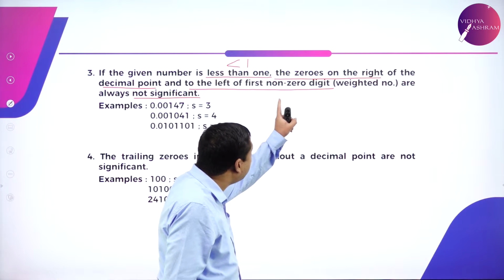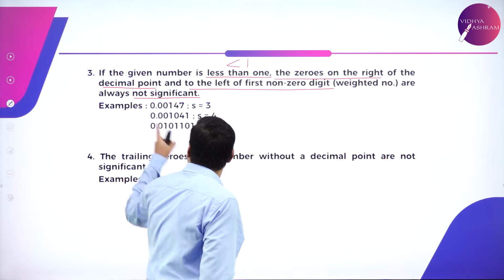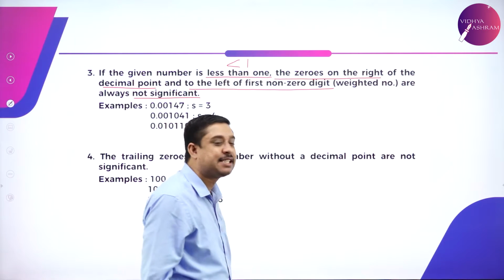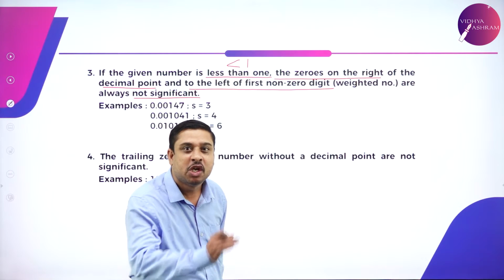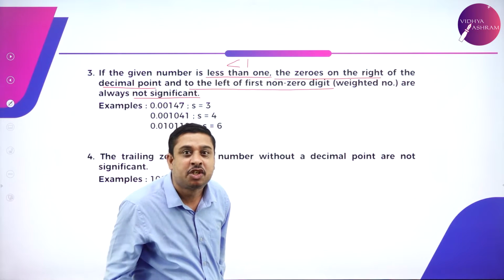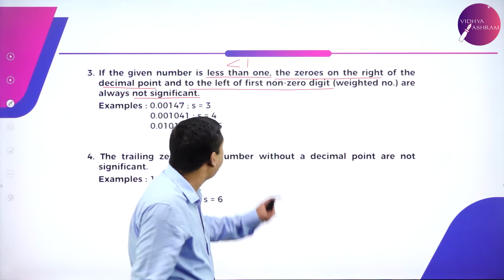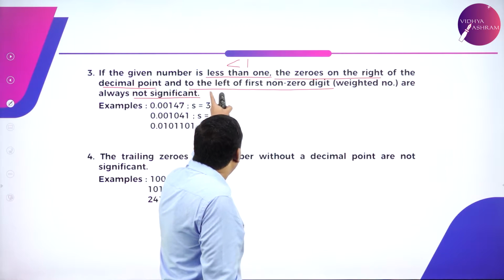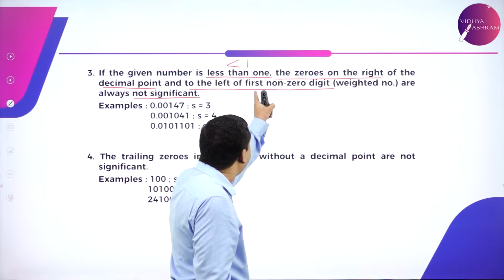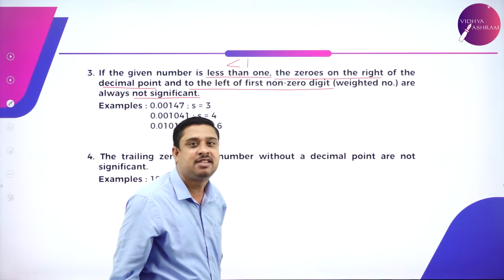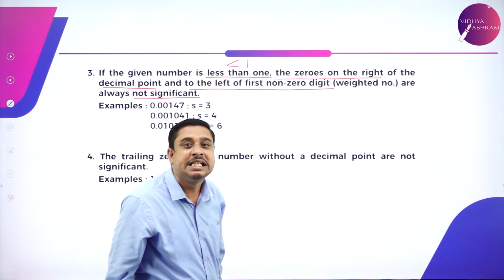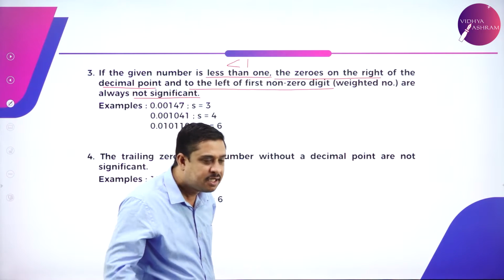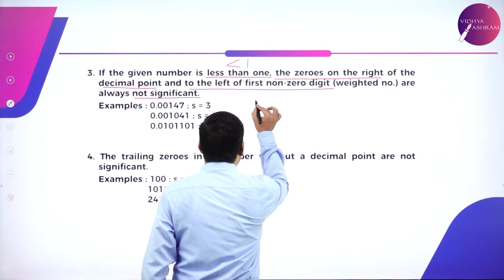Any number of zeros on the right of the decimal point and to the left of the first non-zero digit are always insignificant. See, meaning to say, suppose